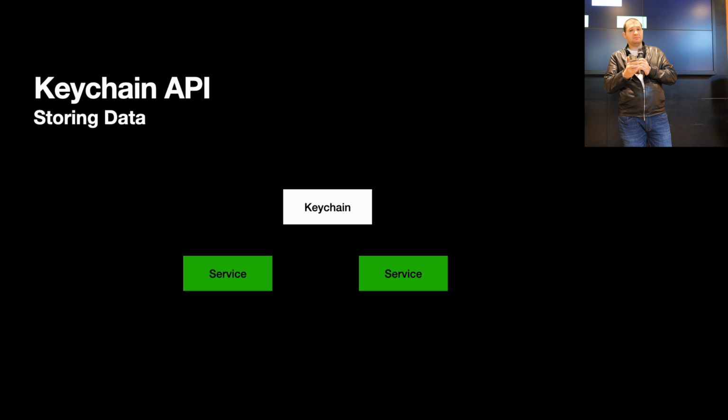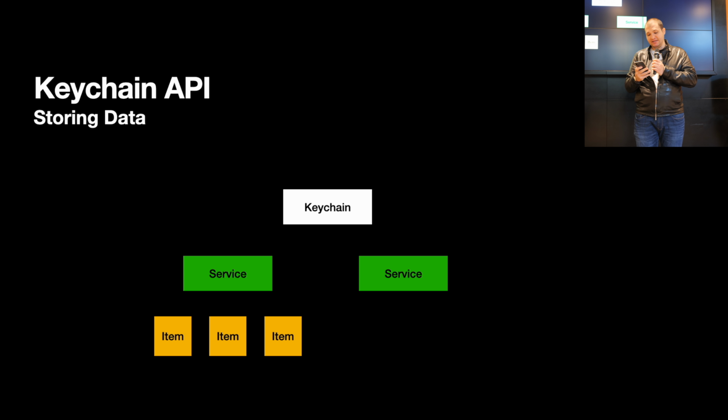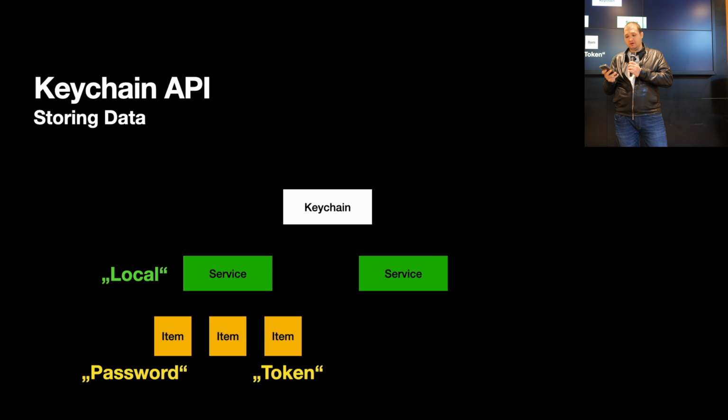One Keychain might store multiple services, essentially like a name for your group of data. And each service has some data items in it, Keychain items, like passwords, certificates, and so forth. For example, we can name the service to be local, and there could be a password and a token and some other